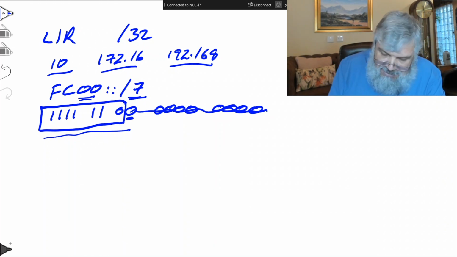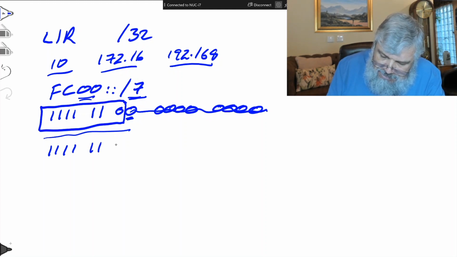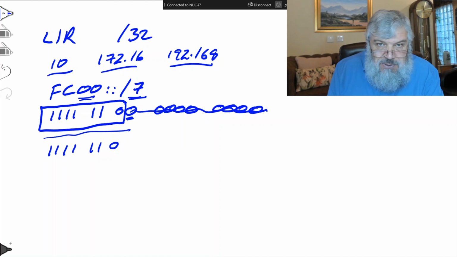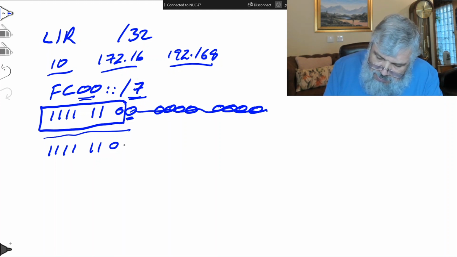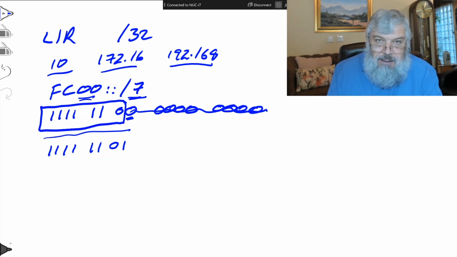The special case is 111110. That indicates we're dealing with a private address. But then as a sort of a sub-address of this, if you want to, they say let's make that a 1.